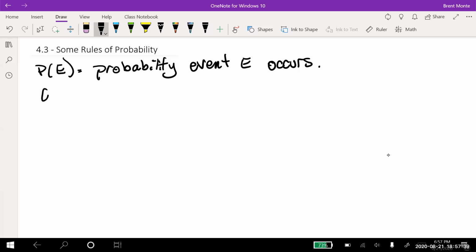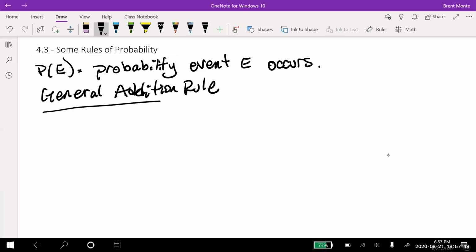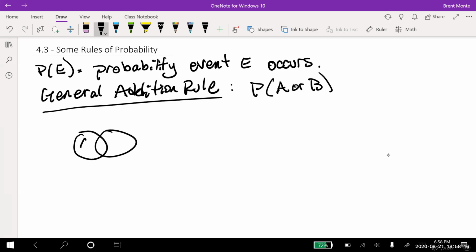They give us a rule. It's called the general addition rule, and we actually used this in the last section. Remember when we had more than one event that might happen, and so we just added the events up? Well, that's the general addition rule, and it says this. Now, here's the general rule. We have to be careful. I'm going to draw you a Venn diagram again. This is the probability of A or B. Now, here's the problem. We just added them up, and we're going to see something about that. But look at this picture. If that's event A and that's event B,